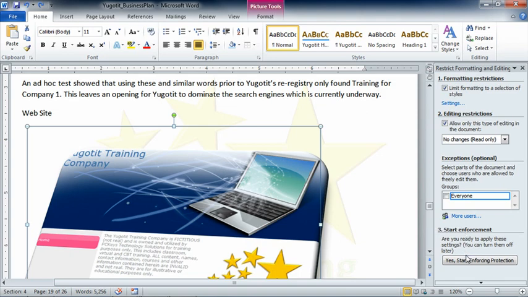And then you also can come down and say start enforcing protection, at which point we'll need to put in the password twice, just to make sure that we have it right. At that point, the document will be locked. If you want to work with it, you will need to click the button over here that allows you to stop enforcing protection, and you'll need to know the password. But this is really the way that we can get a lot of control over what happens in our document, beyond just can they open it, and beyond just can they edit it or not. Using these features allows us to more tightly control what type of edit